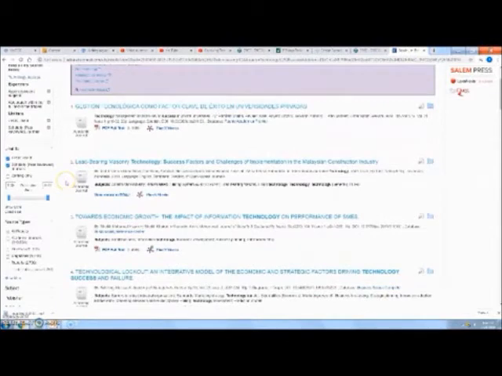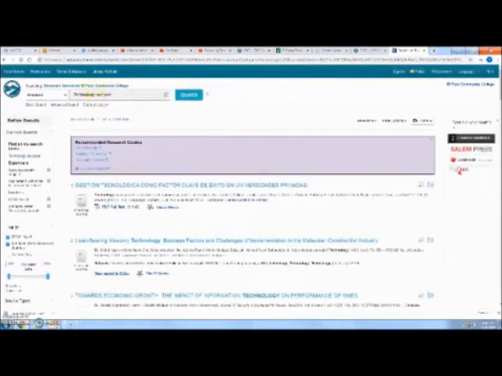Now, a lot of scholarly journals are very, very technical. You want to take time looking at them, understanding them, and seeing how they can be resourceful for your argument. You may want to even type a little bit more specific information. Think about what you wrote about in your topic proposal and use those keywords. What are your main reasons to find information? I'm just going to click one right here so you can make sure you know how to access them should you find a good article.